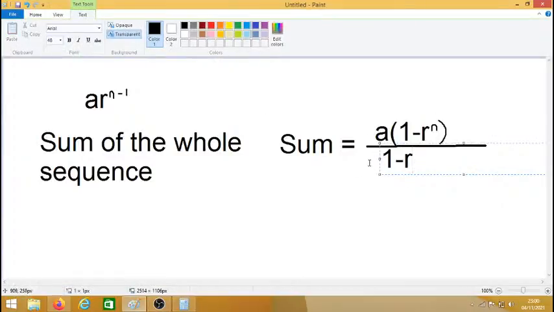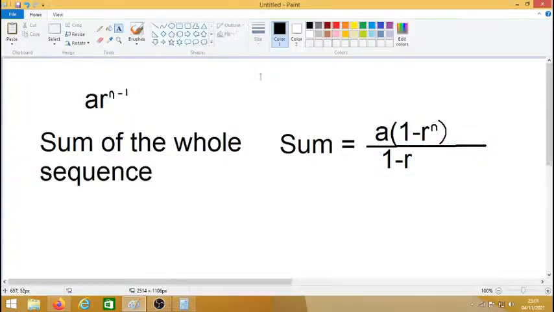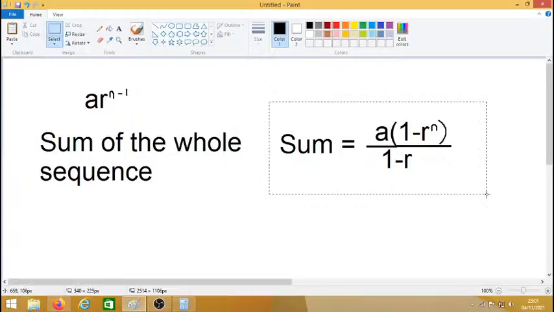So that's one formula, and there's another formula where we can swap the inside of the bracket around, so we can put the R to the n first, then take away 1. As long as we do that to the bottom as well, that would be R take away 1. But we're just going to stick with this formula. Which formula you use depends on how big R is. It's sometimes easier to use one compared to the other, but if you just stick with this one for now,